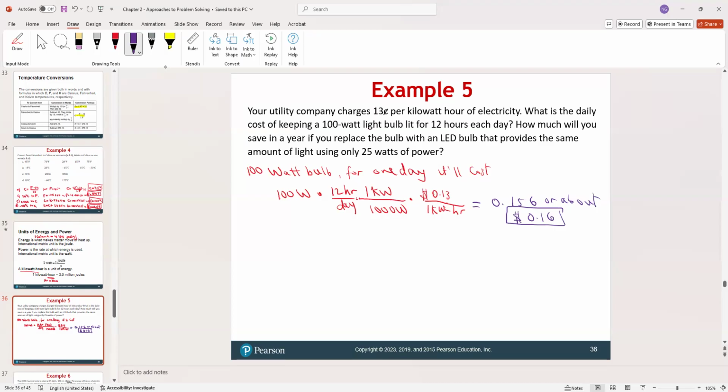That's what it's going to cost you. Then they said how much will you save in a year if you replace the bulb with an LED bulb that provides the same amount of light using only 25 watts. So 25, now if you do it for only 25-watt bulbs,